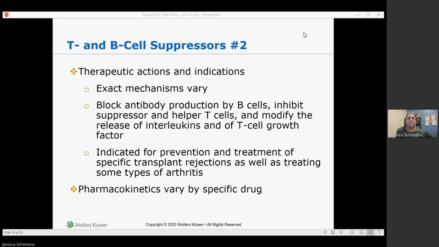So the most important thing to take away from this situation is when you have a patient that is on anti-rejection medication for an organ transplant, it is imperative. It is so important that they are compliant with their medication regimen. Okay? They cannot just stop taking their meds. Okay?